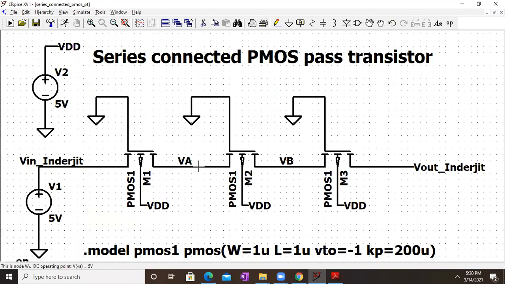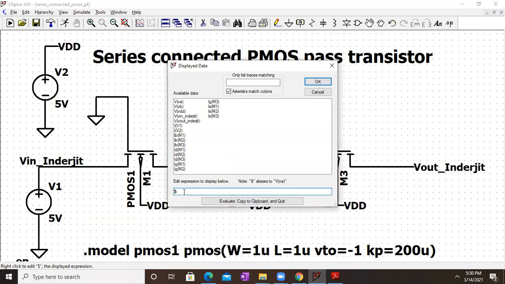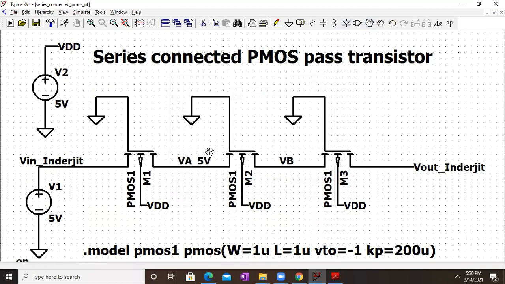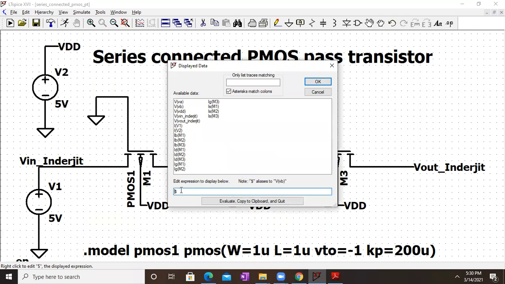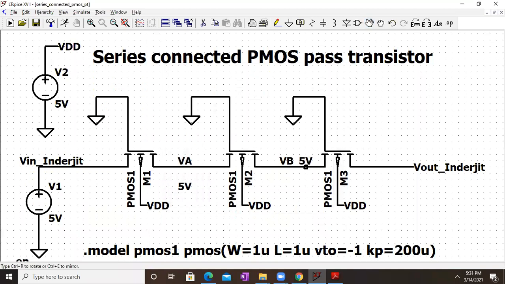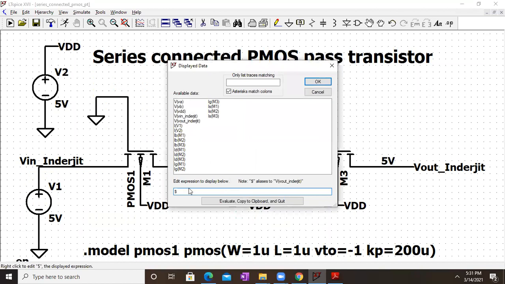And then we can double click on this wire and it will give you 5 volt, as you can see. You can right click this and select the value of VA and click on OK, and then you can move this around. So VA is 5 volt. Similarly, next, this is also 5. Let me mark this as VB so that I can move that point around. So VB voltage is also 5 volt. And finally Vout, it's also 5 volt.